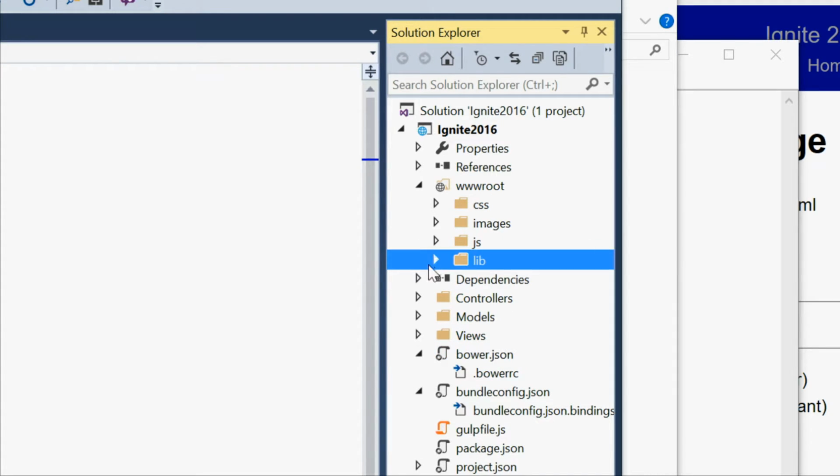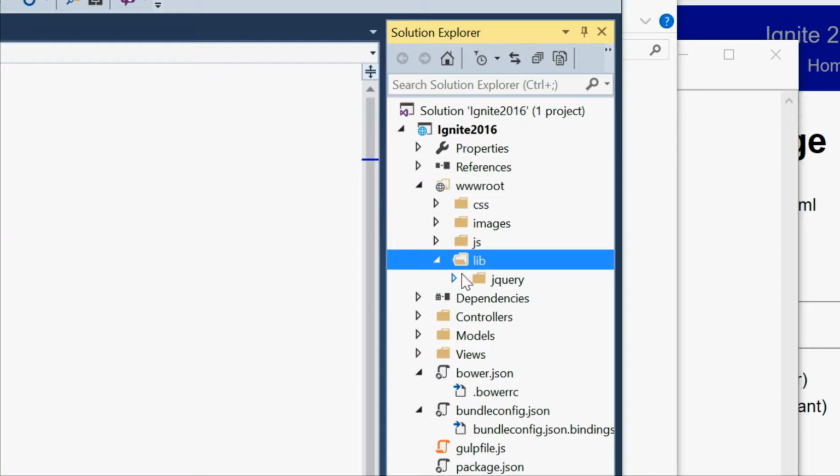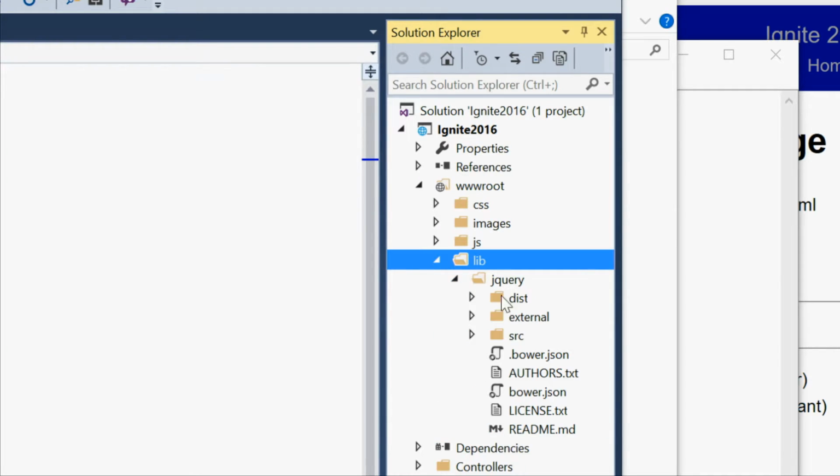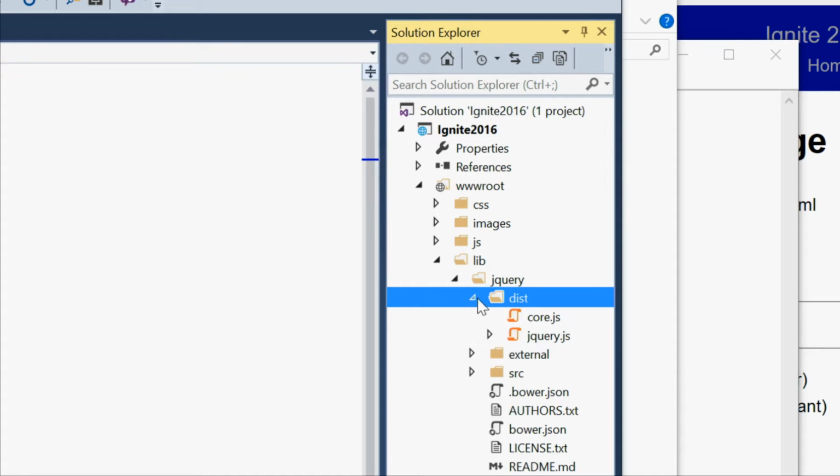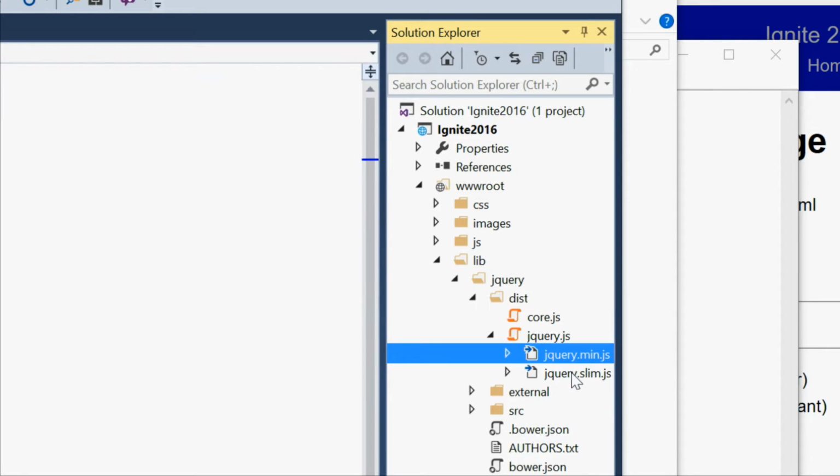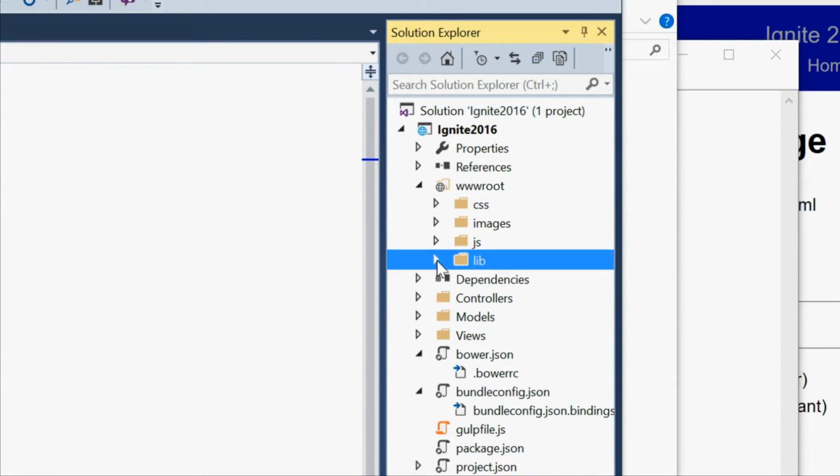So this is pretty good, except I don't get jQuery to be in the root of my lib folder here. It's still somewhere in here. It's better. Where is it? There we go. It's better. It's not good. Okay? So it seems like the only option I have is to go to jQuery.com and click